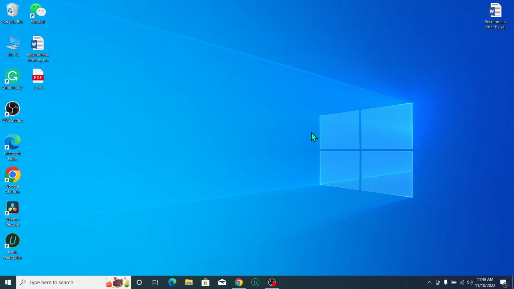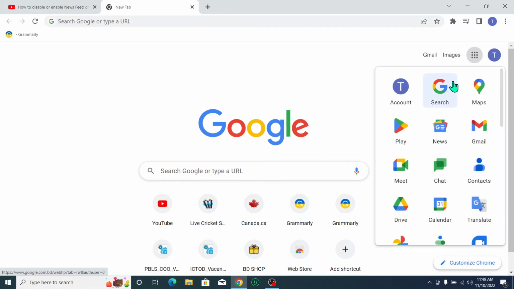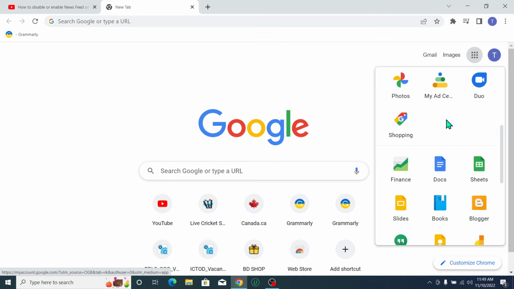You just need to open your Google Chrome browser. So I just open it, and if you want to use Microsoft PowerPoint in your Chrome browser, what should you do? You just need to go on here. There is an option, Google Apps. Open this and just scroll down, and you can see there is an option for Slides. So you just need to click on this Slides,